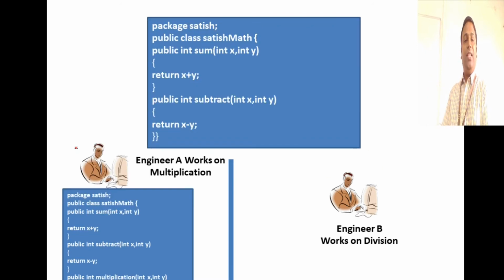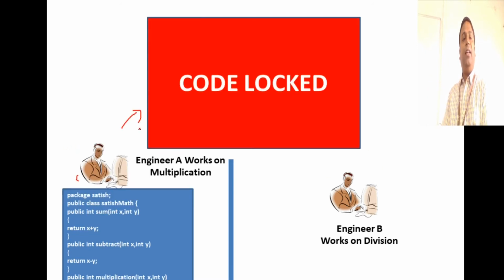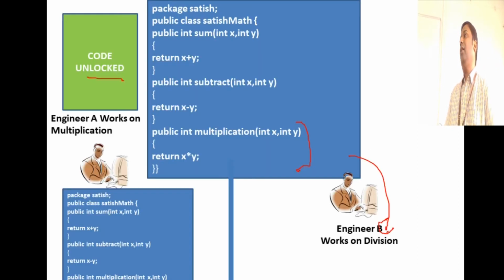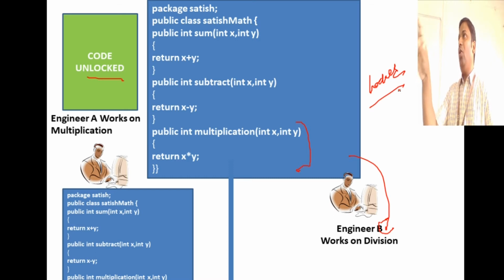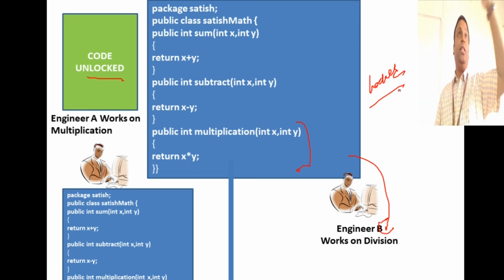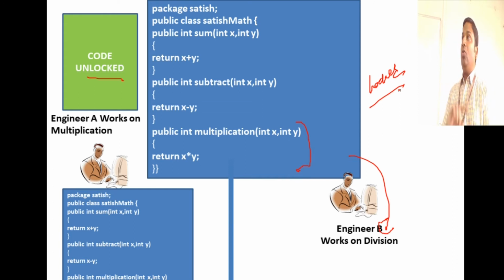And unlocking: once he makes the changes and pushes them back, the code is getting unlocked. So now his changes are there, it is unlocked, and engineer B can now go and make a copy of this code. Once he makes a copy, again what will happen to this code? Locked. Because when you are changing a particular part of the code, say a class, you are going to lock that class. Anybody who wants to copy that will get this message that it is locked by this engineer in this location. So they have to wait.